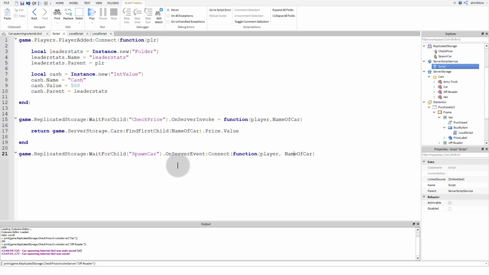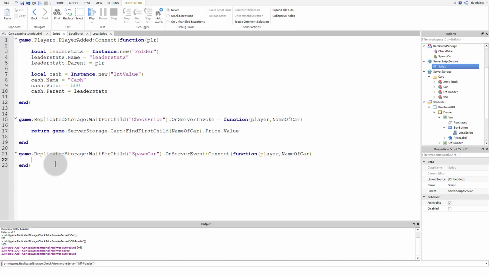So what we can do now is we can drop a line, and we want to spawn the car next to the player. Actually, we need to first get the car from the cars folder.